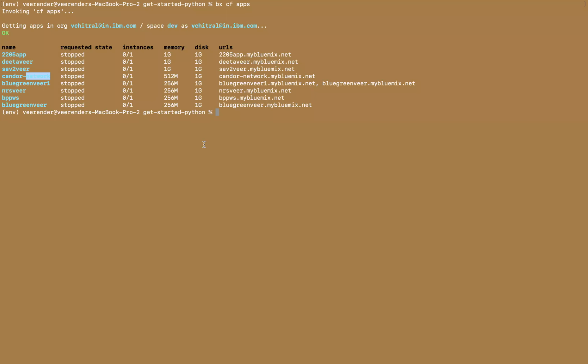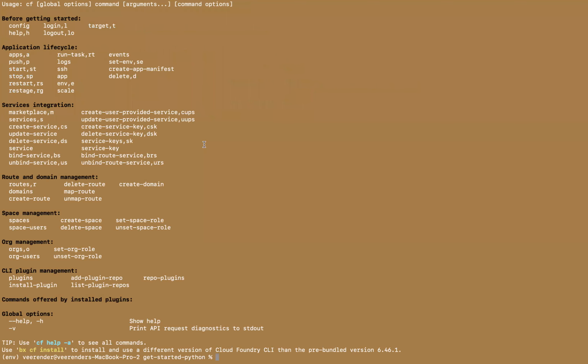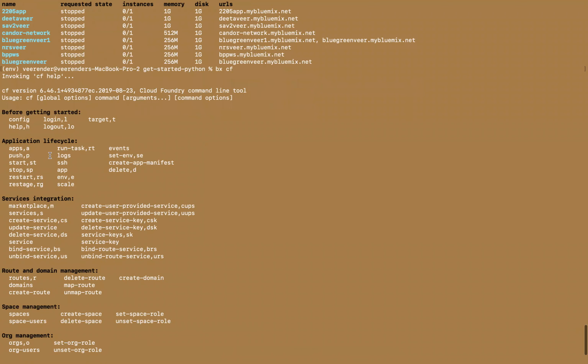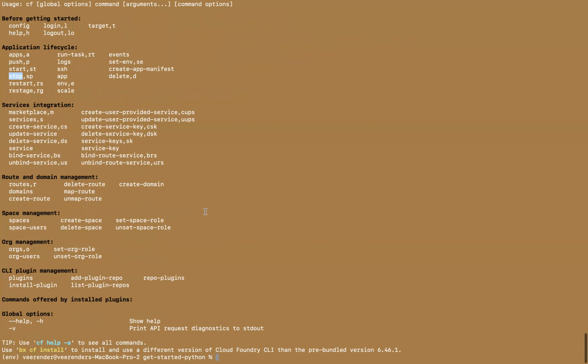And from the command line, I'm able to fetch all the applications, or push any applications, or update any applications, or you can stop an application, and you can do multiple things. I mean, you can do a bxcf command, and I think you'll get a lot of help. You can go and see what all commands are there. Right now, I'm using these application lifecycle commands. Okay, this is the command which I'm using, CF apps. Now we'll be using a push command as well, and you can actually start an application from here itself, and you can stop. You can do all the other management from the command line itself. You need not log into your IBM Cloud account.